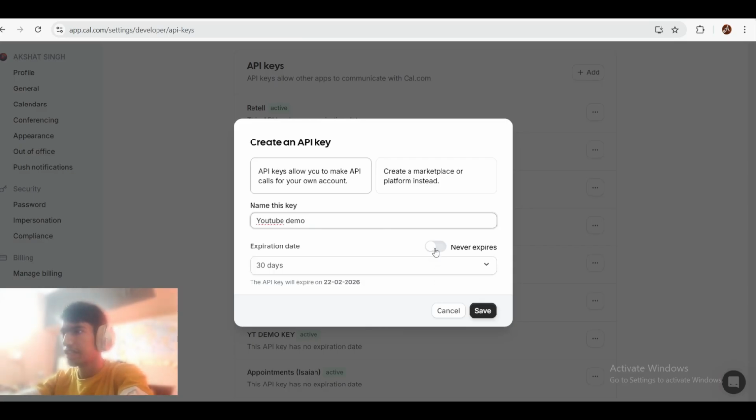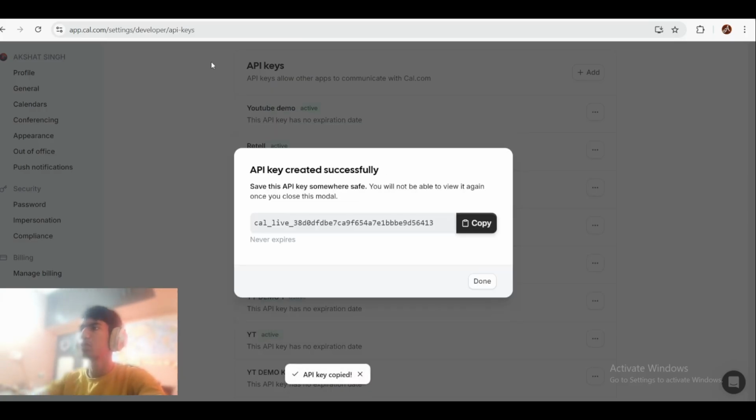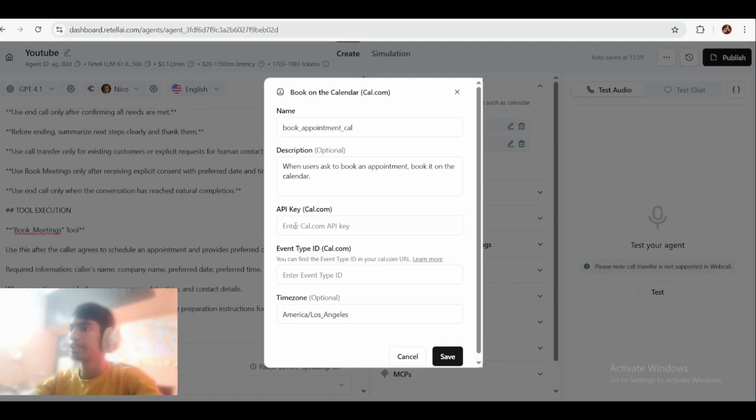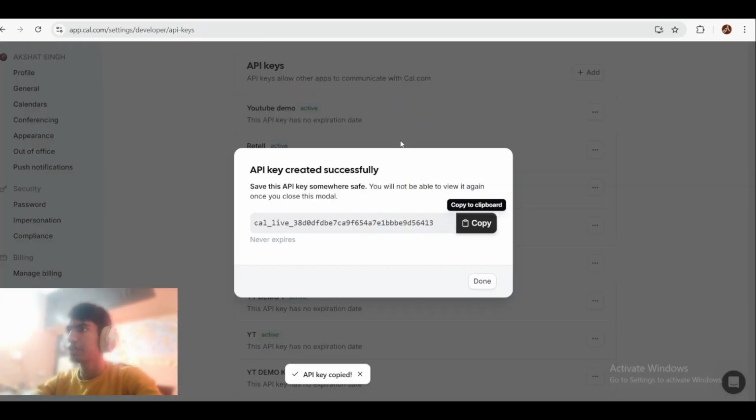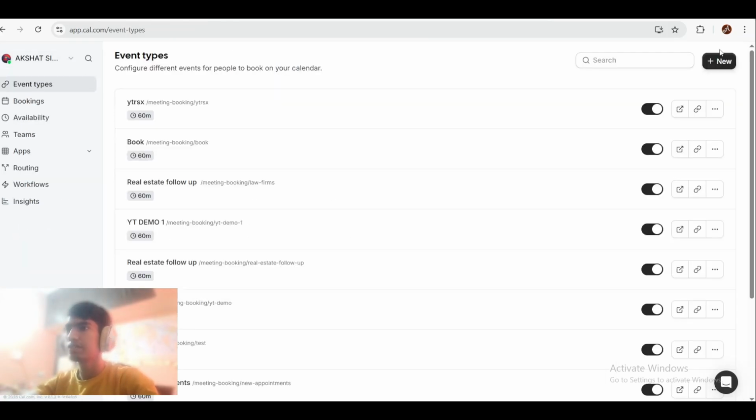Okay, and you can set this to never expire. If you want it to expire, then you can set a date, but in most cases we do not need it to expire. Then you can simply copy this here, and you can enter the API key here. And event type ID, now you need to go here, go back, and event types, you need to create a